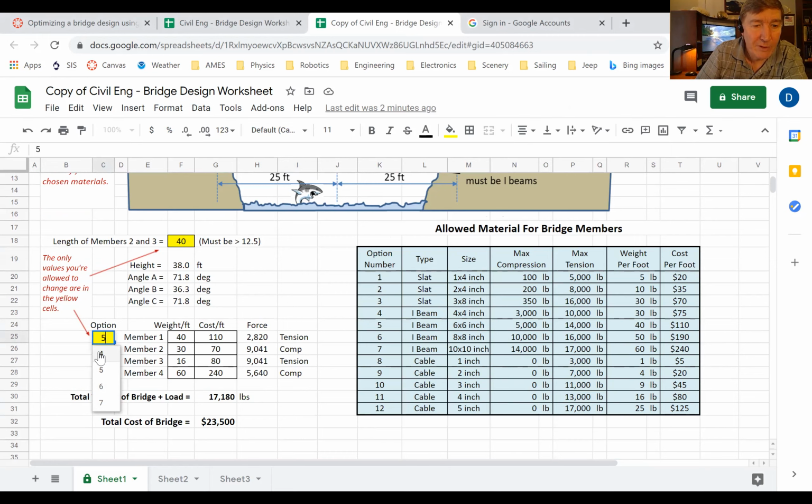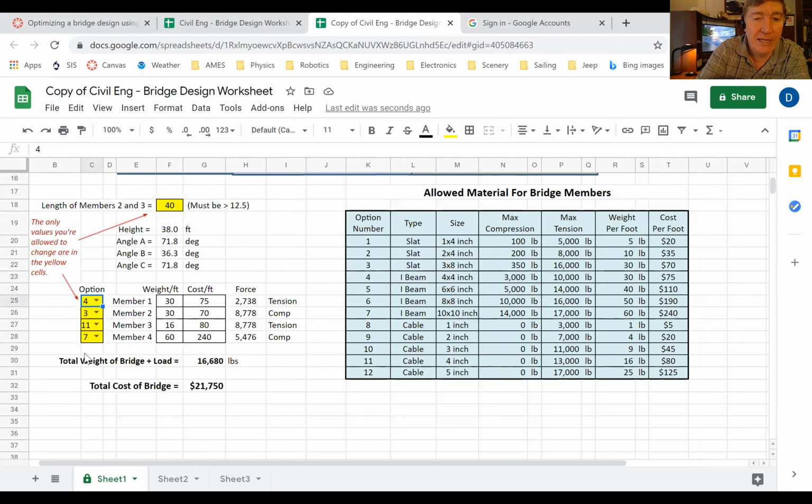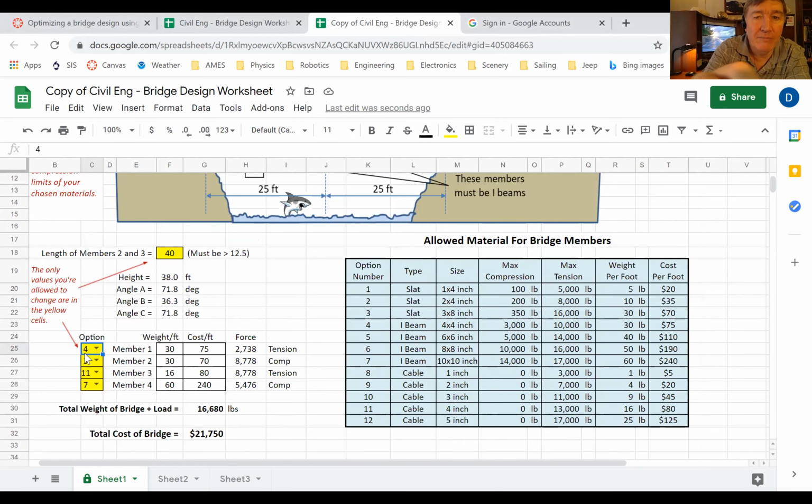So if I choose option number 4 for member 1, you'll see that it recalculates everything. So you'll see that the force has changed because the weight of the bridge has changed. Look what happens if let's suppose that